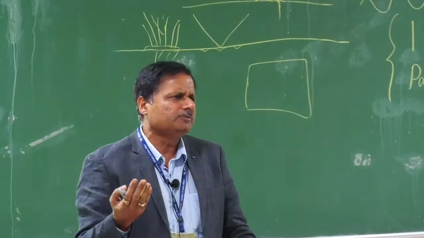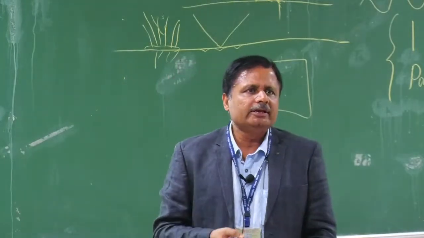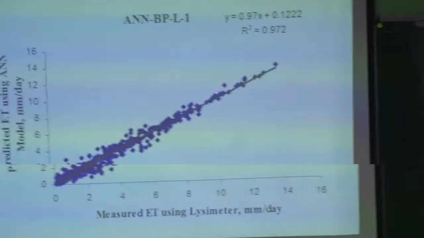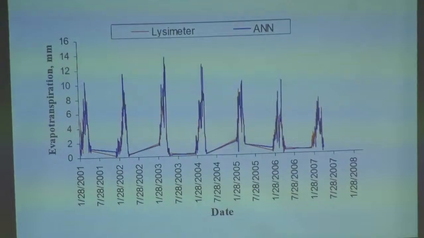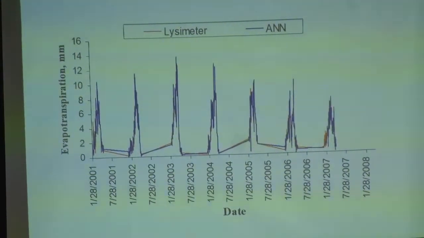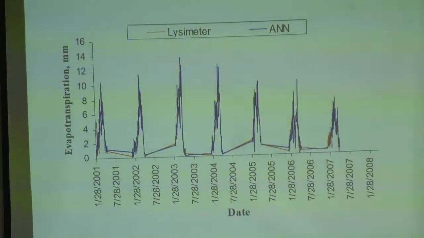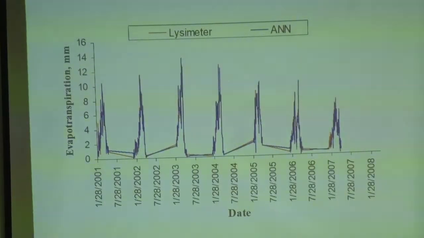आजकल तो बहुत ओपन सोर्स का सॉफ्टवेयर आ गया है, डीप लर्निंग के लिए भी और पार्टिकल्स ऑफ एल्गोरिथम के लिए भी आ गया है, and these are some of the structures, and then we use that for the prediction. One of my students recently did a very exhaustive work on prediction of the climatic parameters and